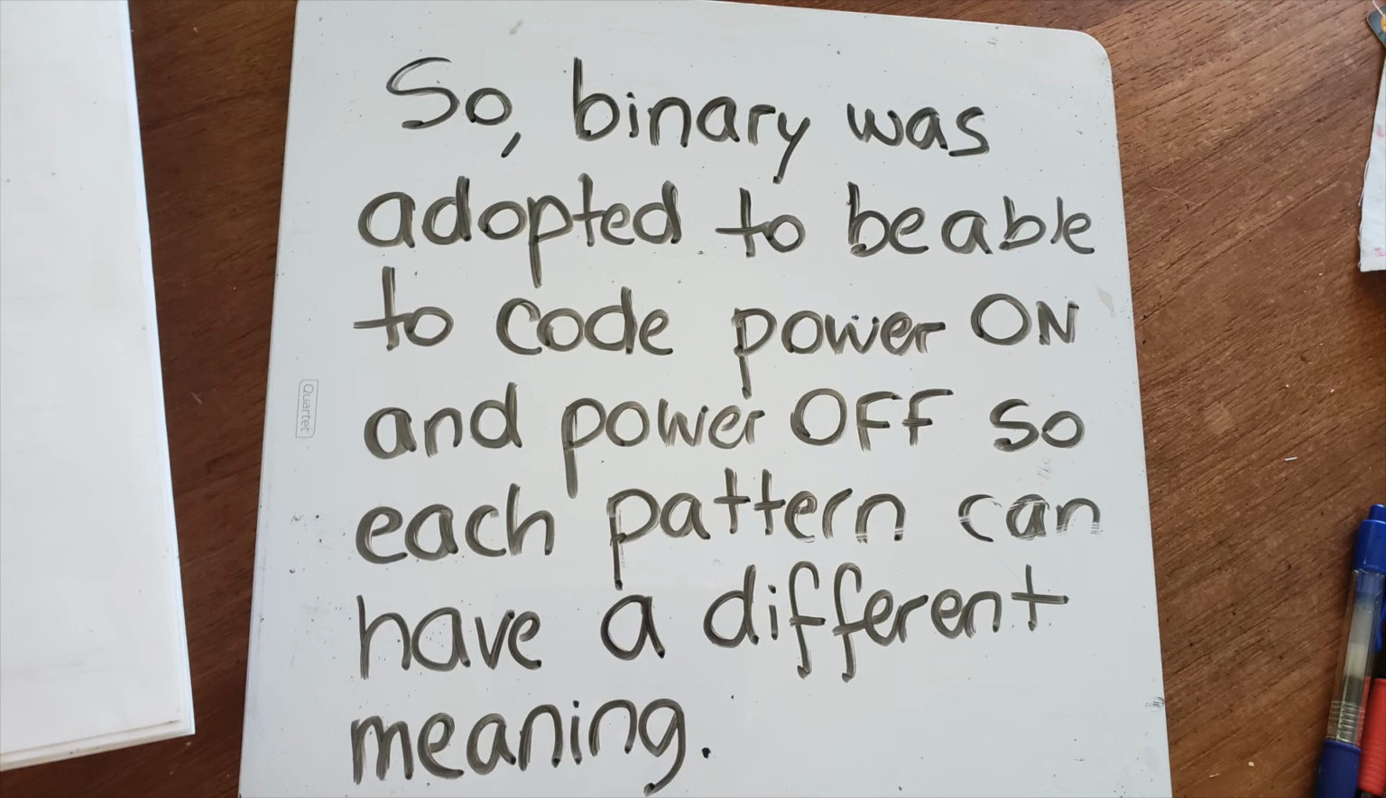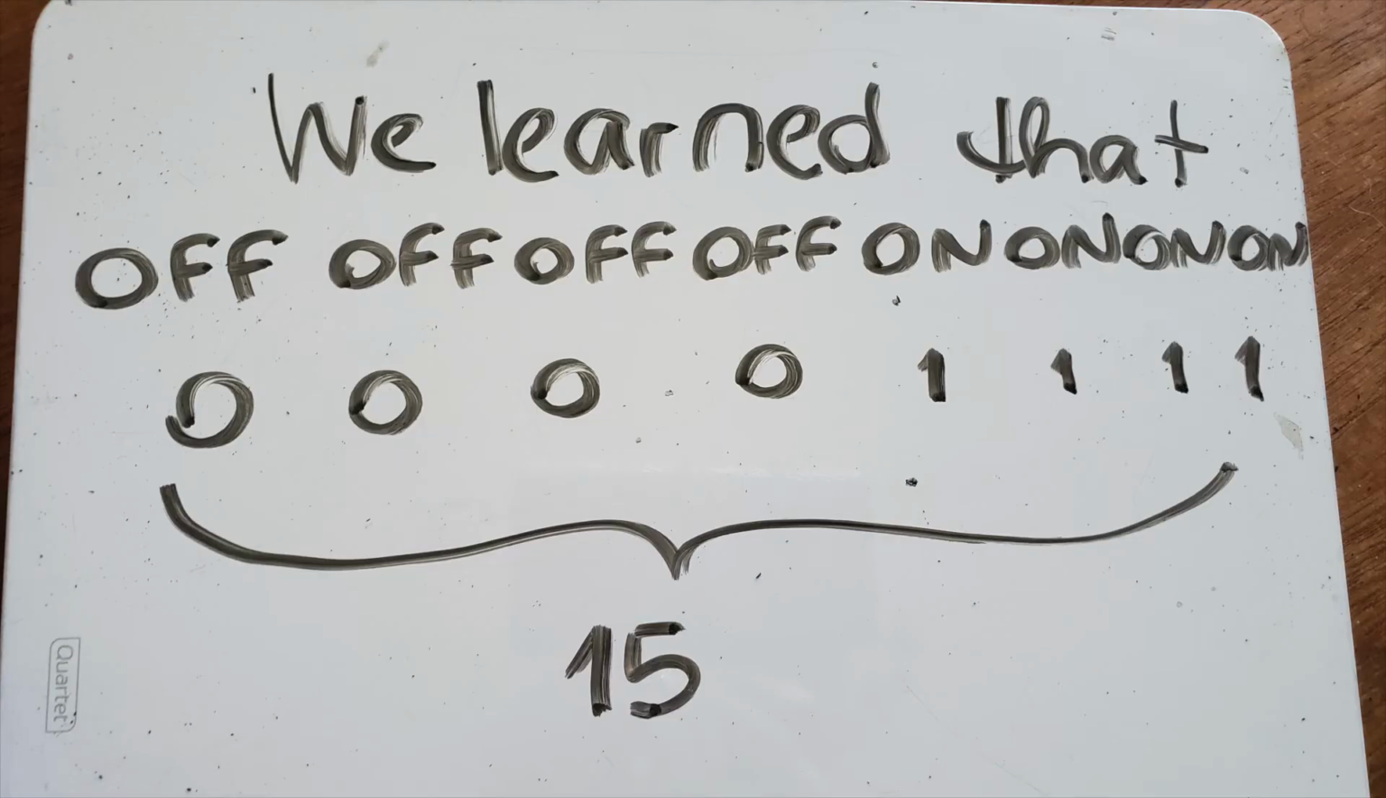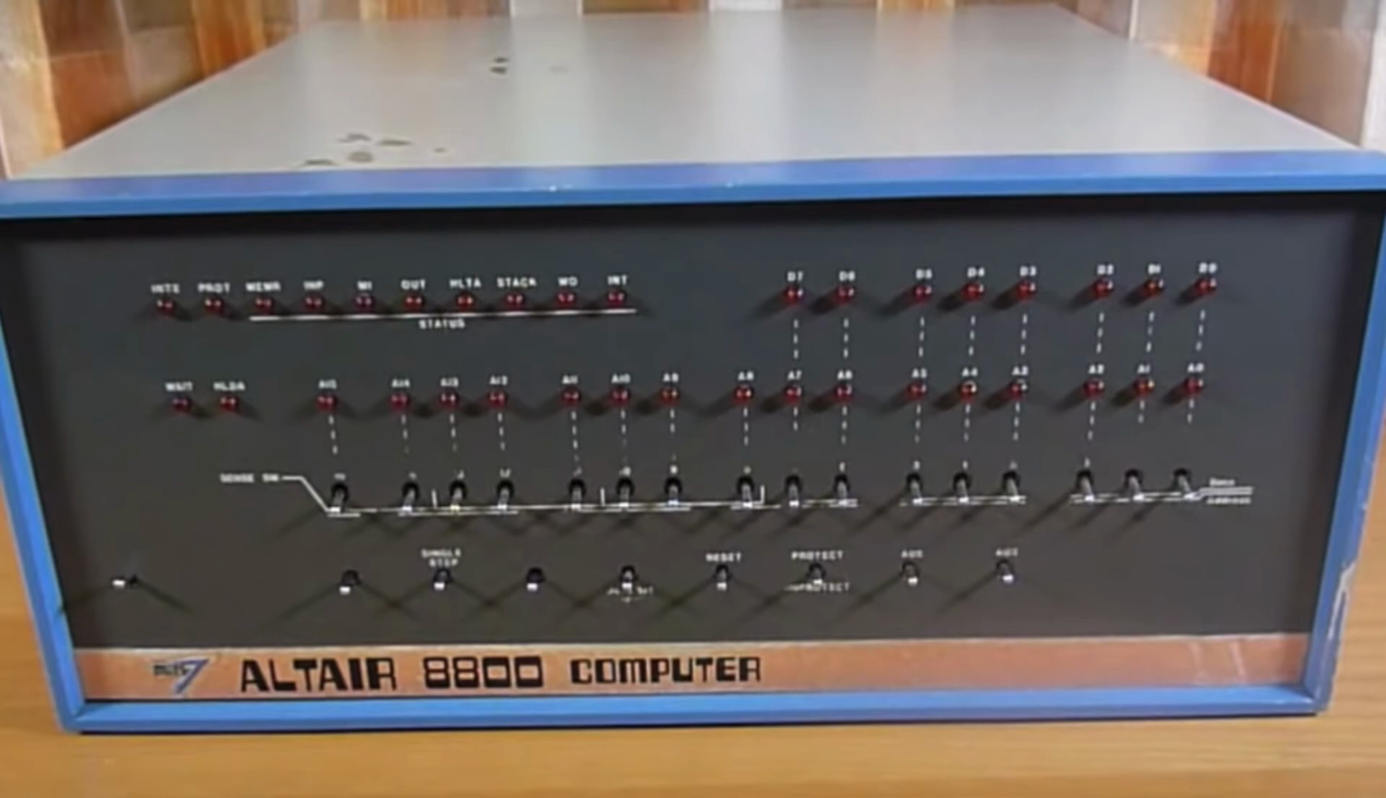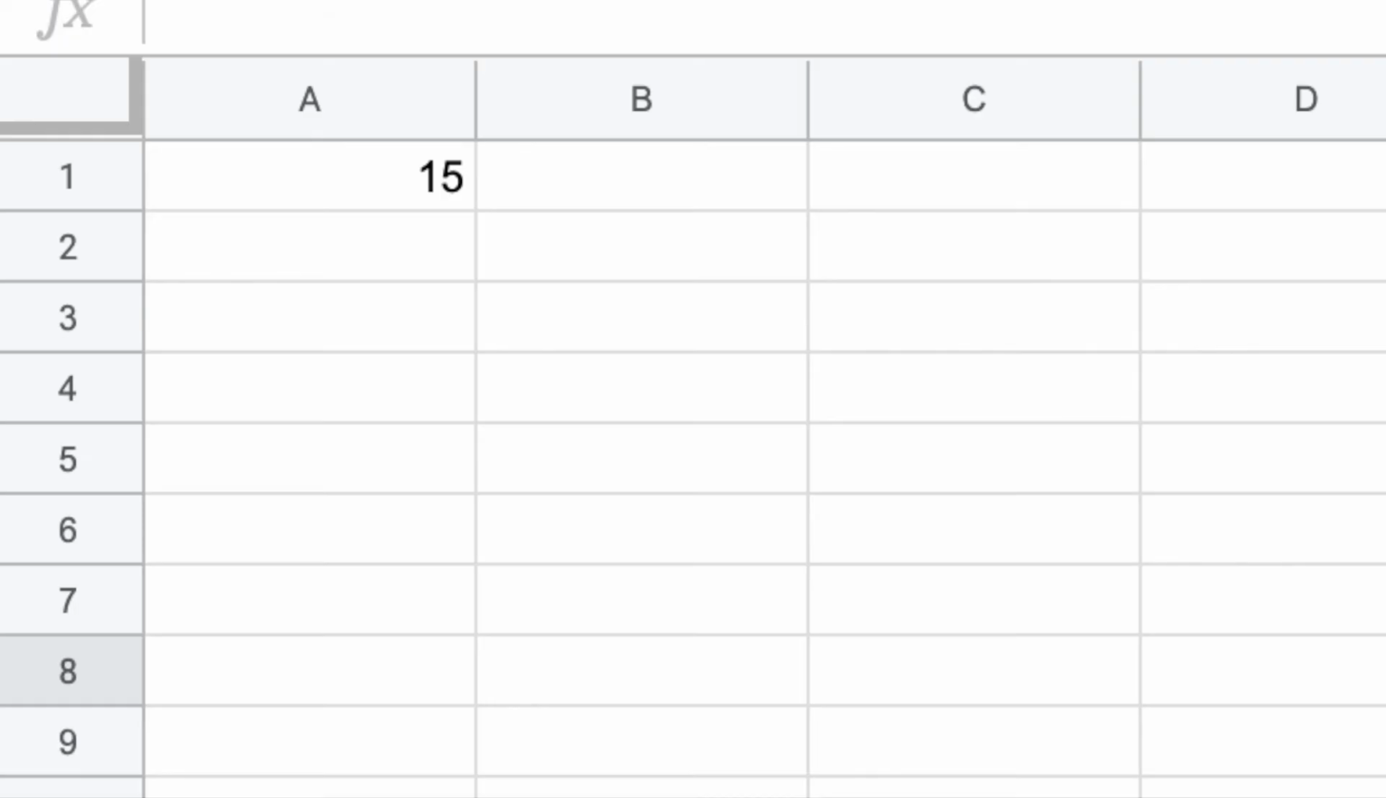So in conclusion, the binary numeric system was adopted to be able to code power on and power off. And when we coded the number 15 or the value 15 with 4 leading zeros, it meant that we did off, off, off, off, on, and that was 15 in the Altair. So internally in computers, everything is continuing to work that way, and we don't know that it's working that way. We take it for granted, but internally it works that way, and that's the beauty of programming languages. And also applications that allow us to use different